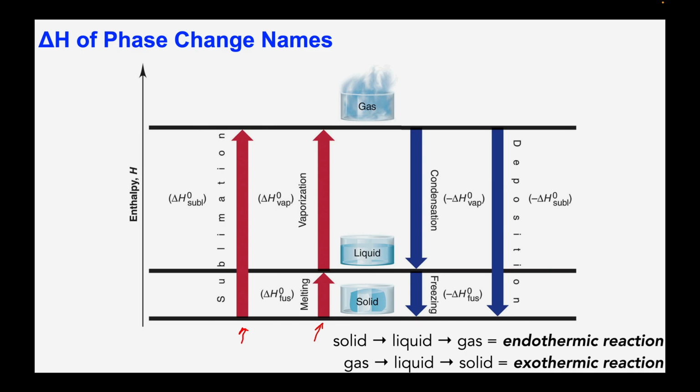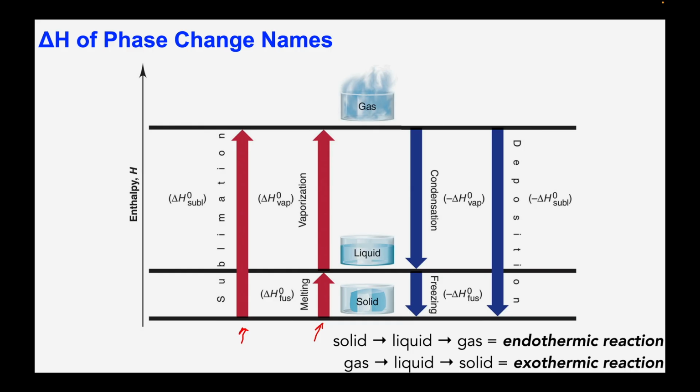On the other hand, if you're going from a gas to a liquid, from a liquid to a solid, or from a gas to a solid, those actually give energy off. Those will be negative numbers. So if you look on the right-hand side, the blue arrows,